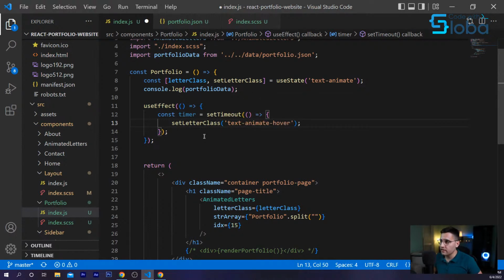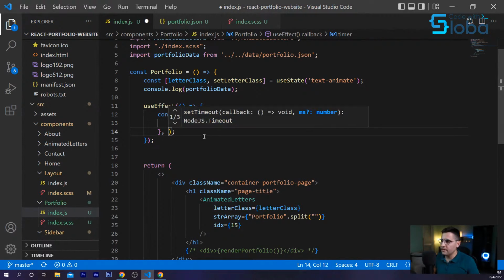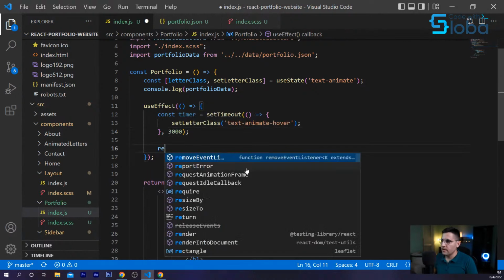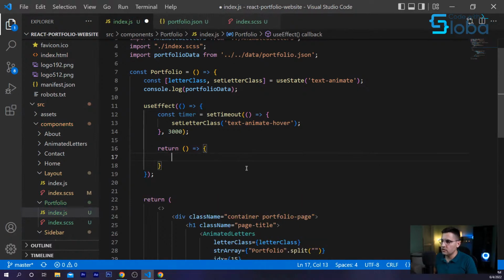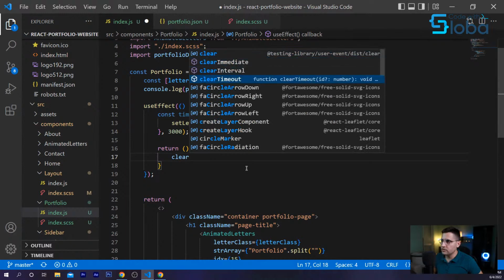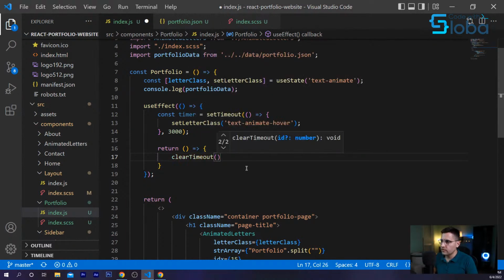Very neat, right? And I want to apply the timeout after 3 seconds. And we want to clean up our timer. So just call the function clearTimeout and return the timer. Okay, cool.